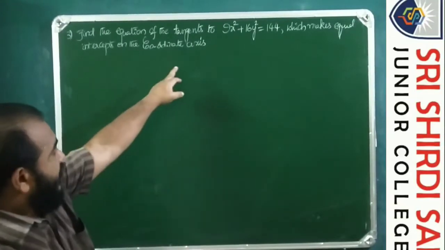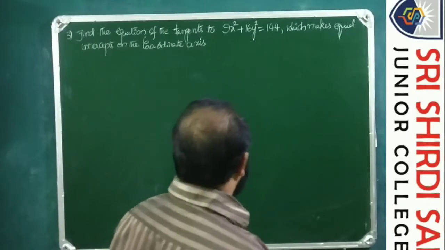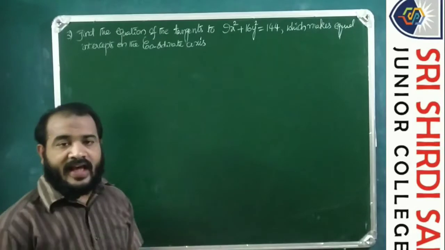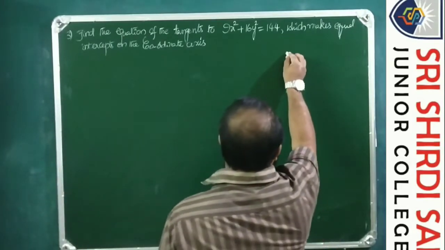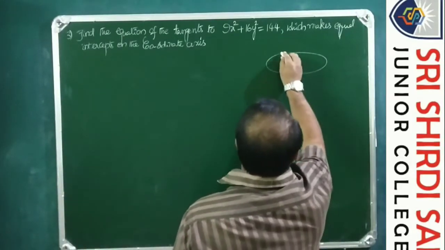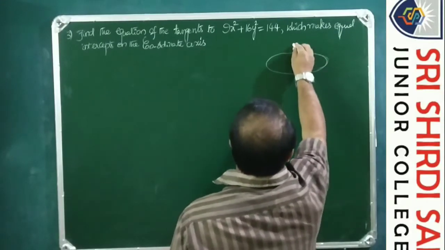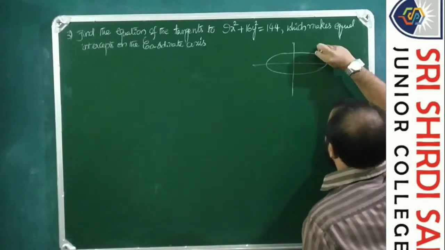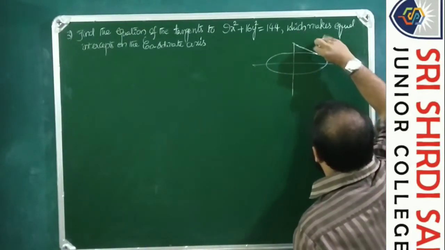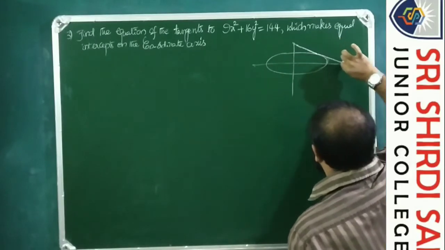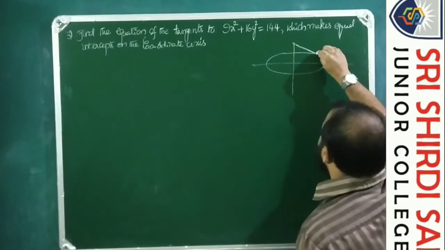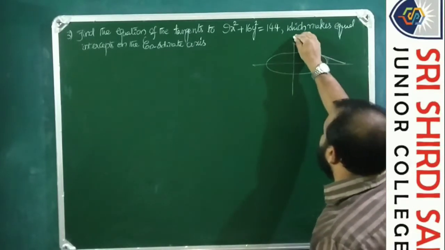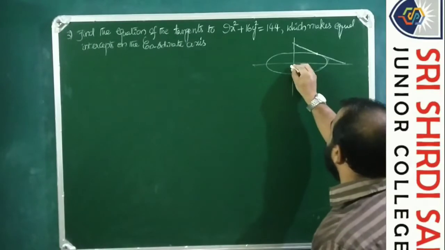Find the equation of the tangents to 9x square plus 16y square equals 144, which makes equal intercepts on the coordinate axis. So that means this is the ellipse. So this is the tangent. So this is the tangent to this ellipse. Now this being the center,